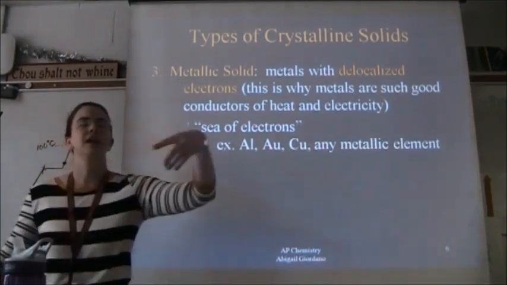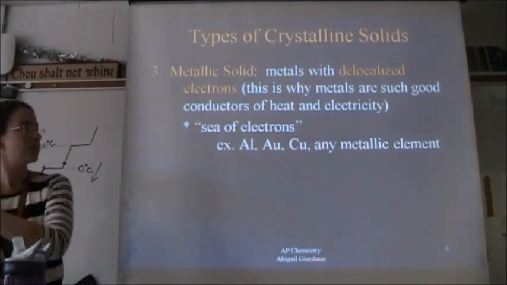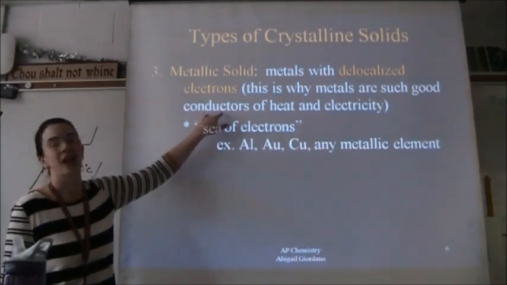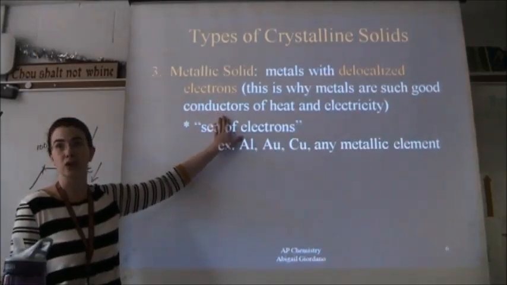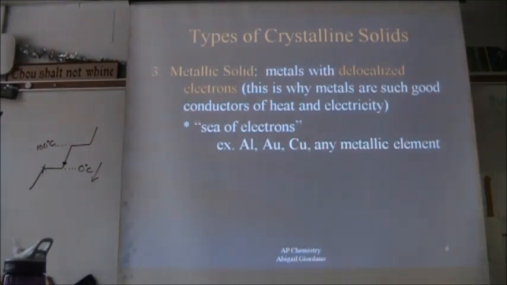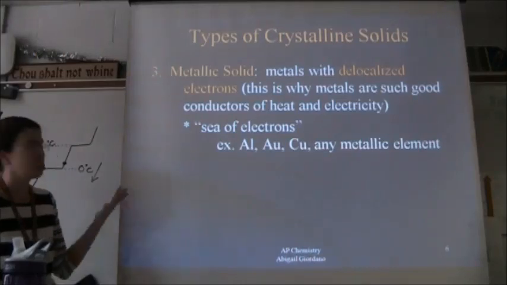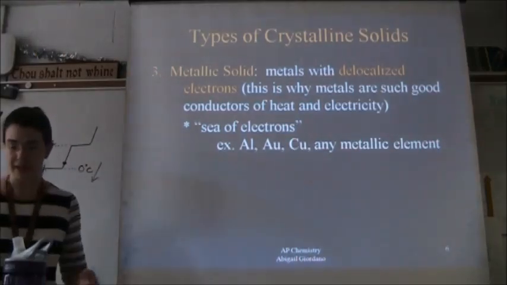Electrons can just flow like water through a bar of gold, which is why they are such excellent conductors of both heat and electricity. Electricity is nothing more than flowing electrons. That's all it is. Okay? So if you're given a metal, it's a metallic solid. Your fourth type